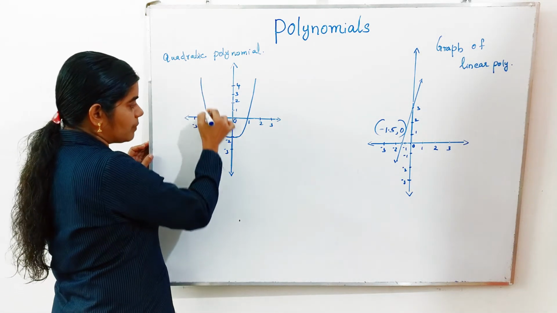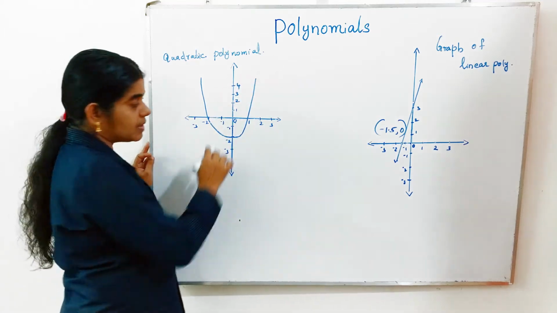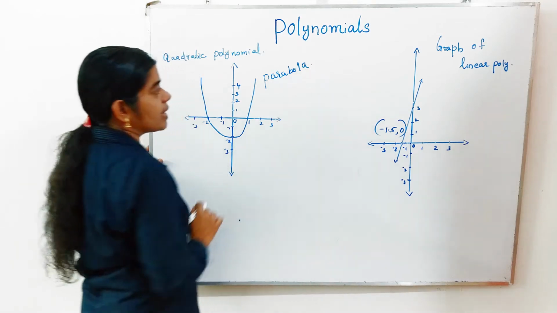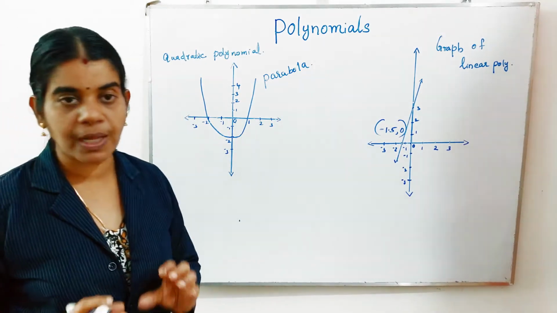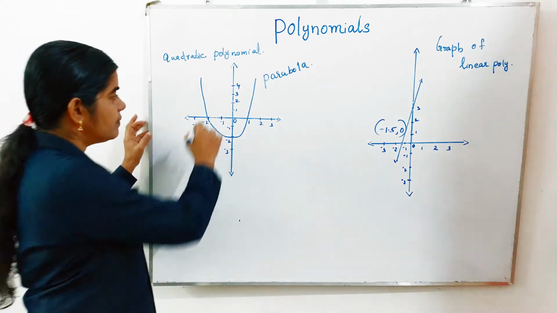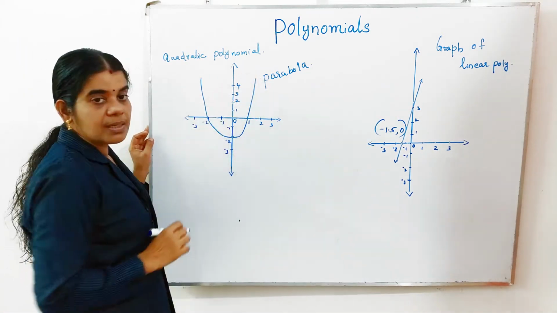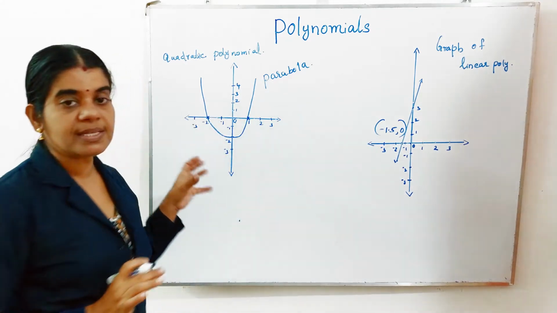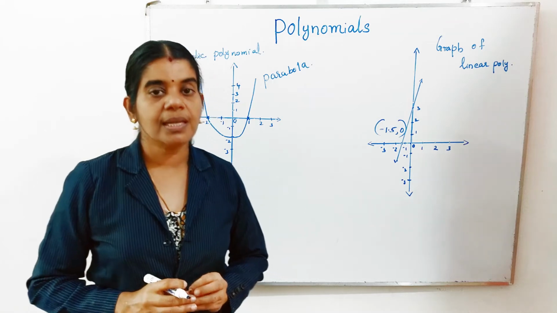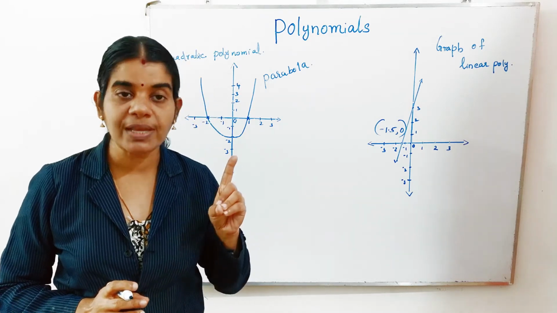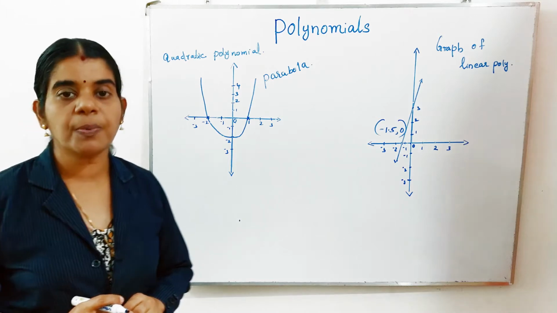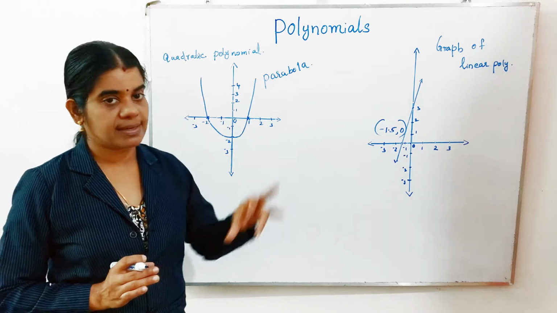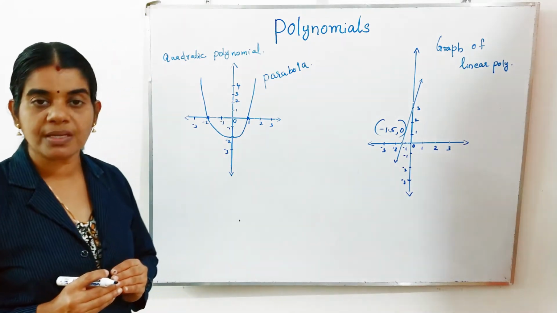Next we are discussing the graph of the quadratic polynomial. The graph of the quadratic polynomial will be this shape. Curved, this shape is known as a parabola. The graph of a quadratic polynomial is known as the parabola. And here also we are getting a U shape. This is touching the x-axis at 2 points. These 2 points will be the zeros of the quadratic polynomial. A linear polynomial has only one zero, but in the case of a quadratic polynomial, 2 zeros will be there. Where this graph touches the x-axis, those 2 points will be its zeros.